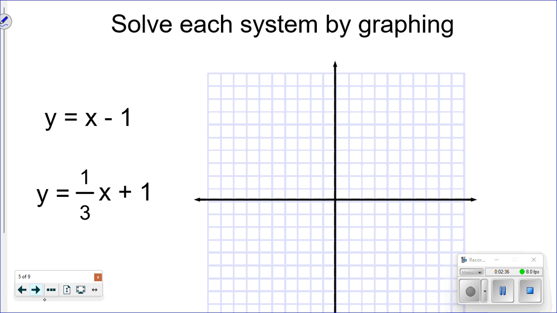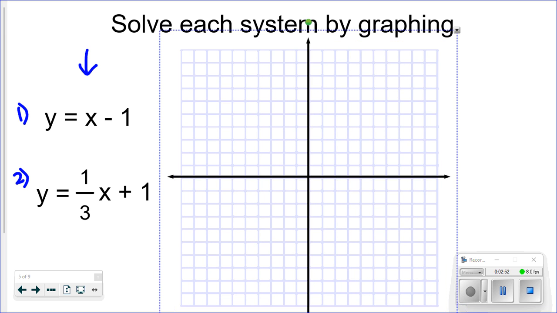All right, so this is the first type of problem that you'll see. Notice my system is over here. In my system, I have two equations. I have the first one and I have the second one. And I'm going to use some color coding today so you can see how this works. I'm going to move this just a little bit. There we go. So the first thing I'm going to do is take my blue marker